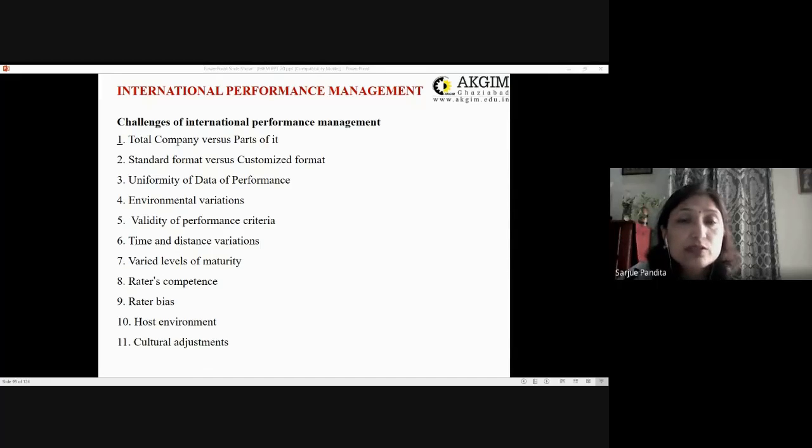Measurement of performance of employees working in MNC is challenging as compared to those who are working in domestic company, as the employees working in domestic companies can meet the colleagues face to face, while the employees of MNC have a limited choice to do so. You can have IT devices, you can take the help of technology, like video conferencing, mails, fax, phones.